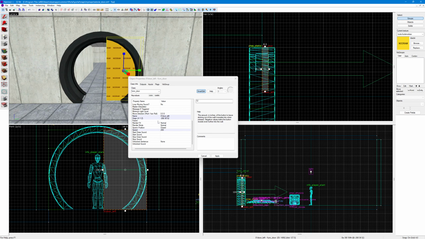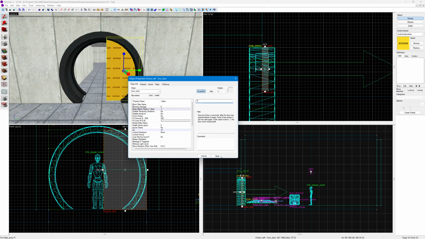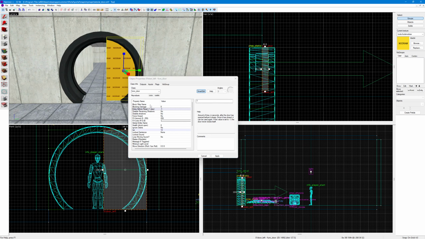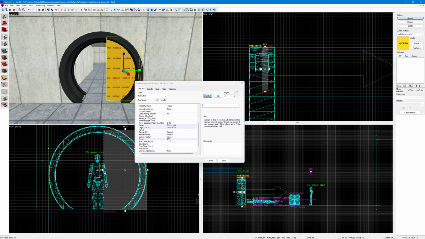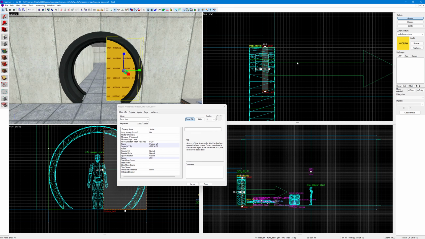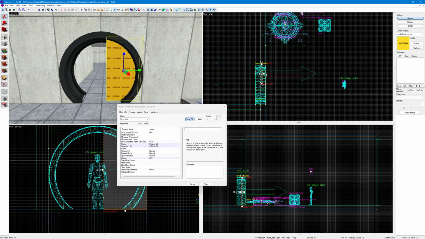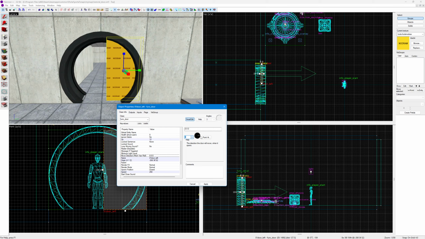So set the lip to 12, and then you do need to set delay before reset to -1. That way the door stays open when it should be staying open. And then set the move direction to whatever is the right arrow. So like for me, you can see the door right now is going to move forward. I don't want that, so I need to set my move direction to